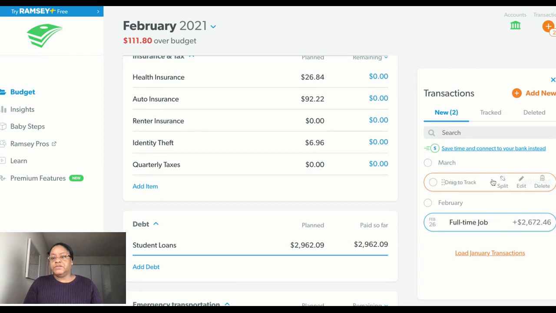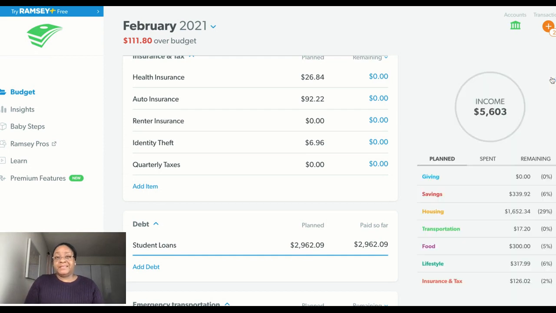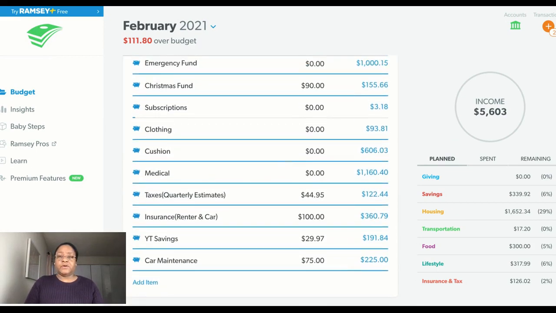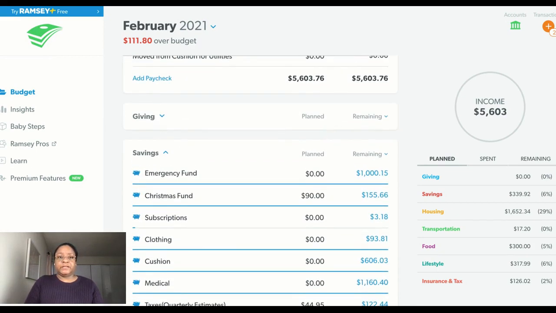Okay, so these two transactions here, they are for March. And so you'll see my rent. Typically what I pay is $990.95. It's $987 plus $3.95, the fee that they charge us for the online payment. But this time I went to Kroger and it was less, but I will call them tomorrow to make sure they have everything that they need.